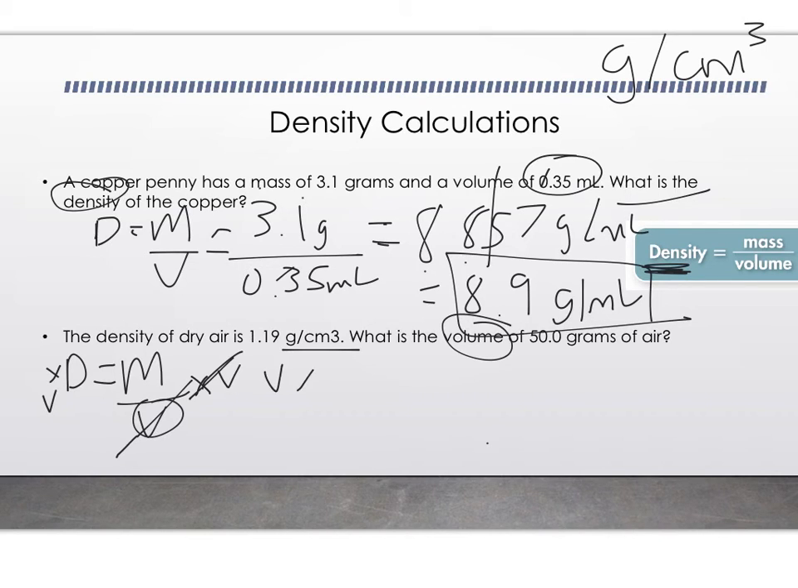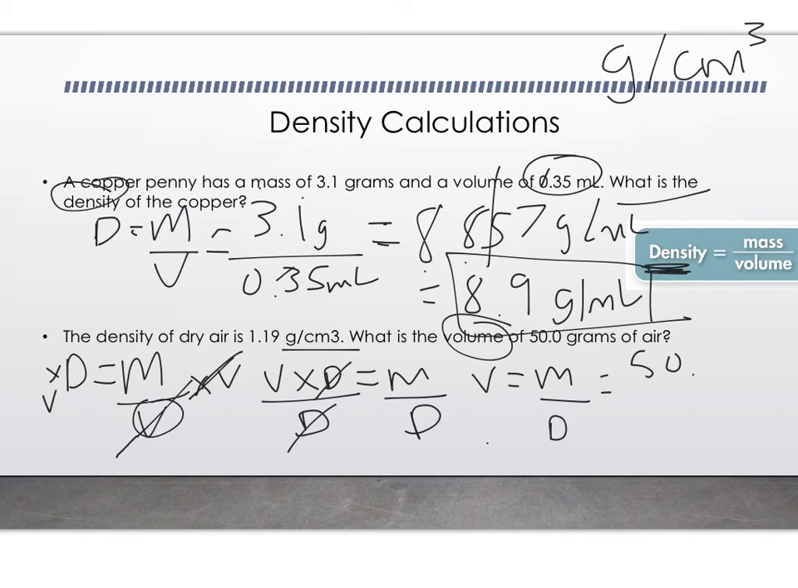So now I'm left with volume times density is equal to mass. Now I can divide both sides by the density to cancel out the density on the left side. So to calculate volume, it's just mass over density. The mass is 50.0 grams. The density is 1.19 grams per centimeter cubed. Plugging that into a calculator, we get